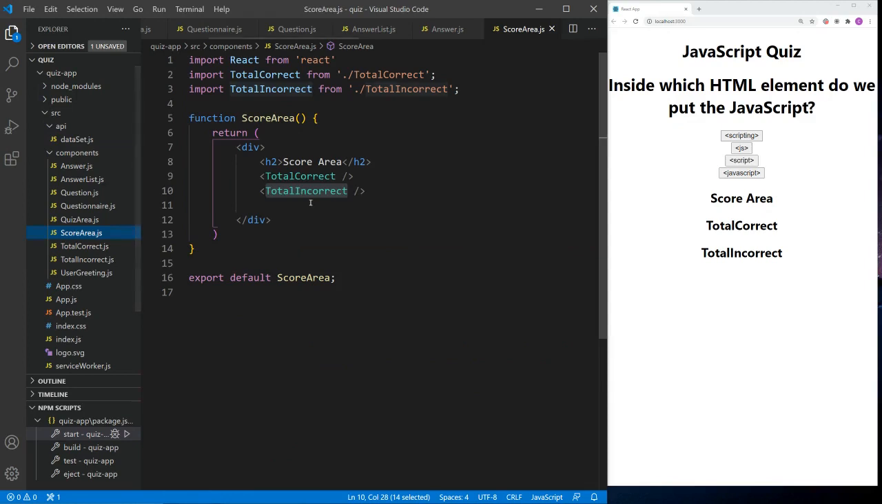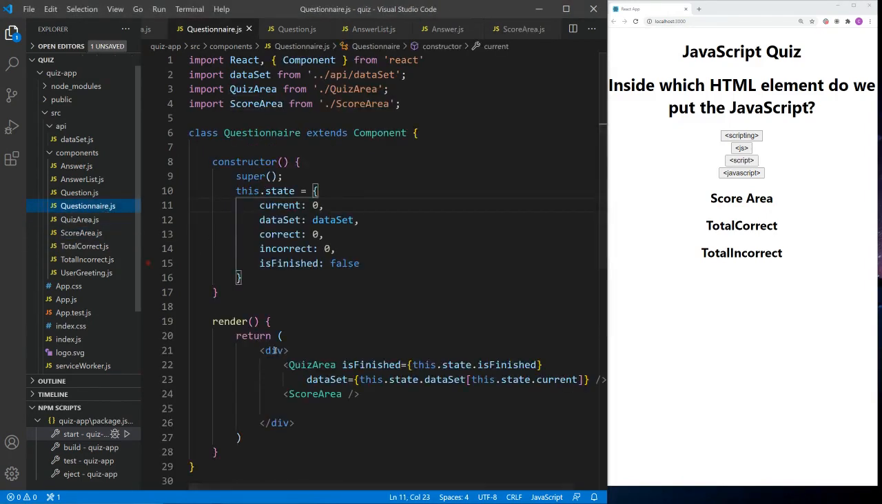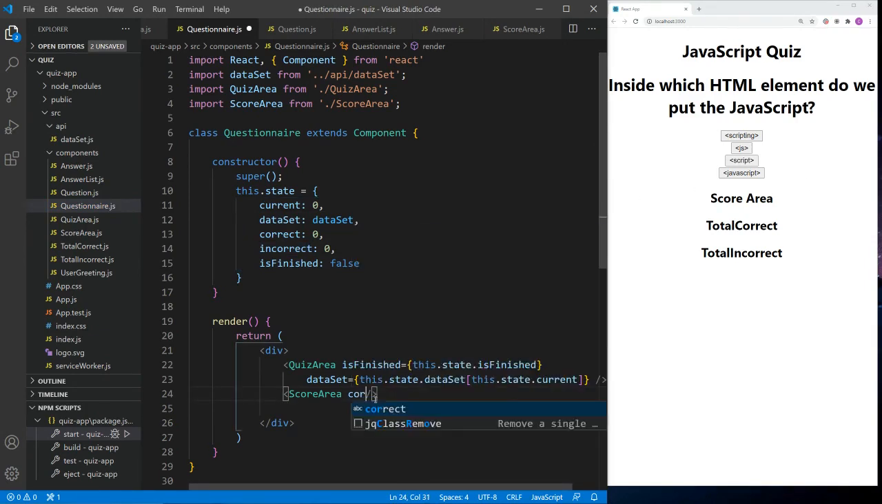So in the score area, we had total correct and total incorrect. We're going to do some magic over here. From the score area, you want to pass whether you had the correct and incorrect, and how can you actually get that data? These states need to be passed on. So we will first pass on correct equals this.state.correct, and the other state is incorrect